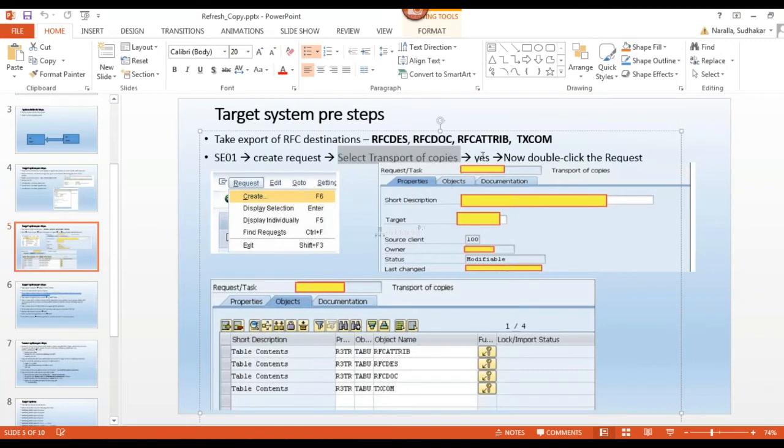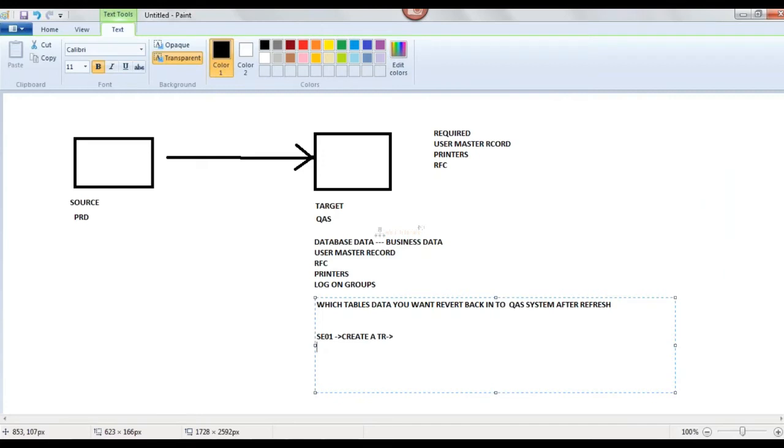Then you can create it and see the transport request number, like QSKK912345. This request will be created.